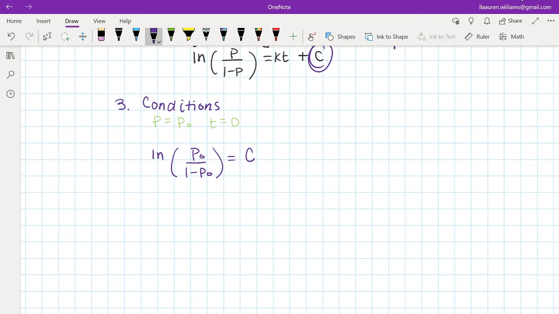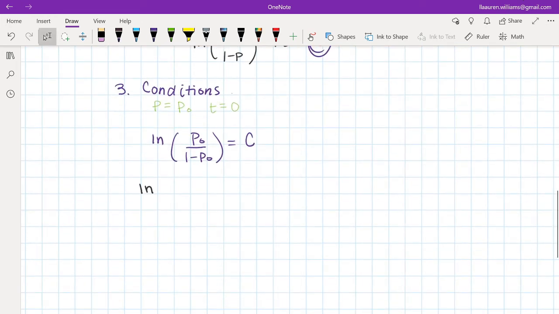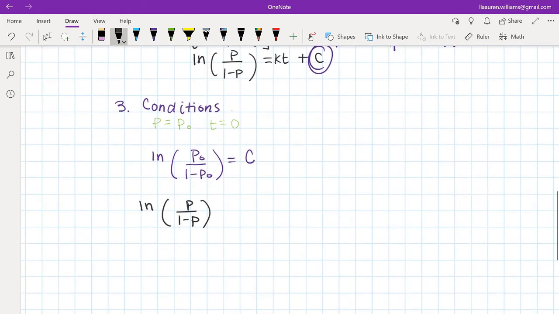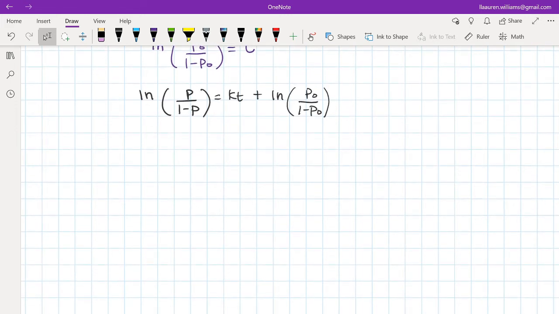So we're going to put that into our final equation. Ln of p over 1 minus p is equal to kt plus ln of p naught over 1 minus p naught. Now the only problem with this is that we have to get it in terms of p, not the ln of p. So in order to do that, we're going to take the exponential of both sides. So this will become